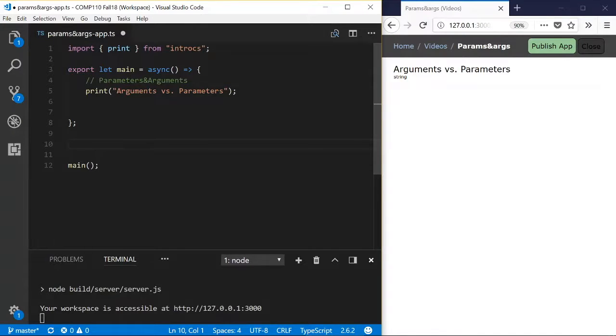Hey everyone, so today we're going to talk a little bit about the difference between arguments and parameters. To do this, we're going to use a function that gives us the sum of two numbers. We're going to create our function by using the let keyword, and we're going to say let function name, our function is going to be called sum, equals, and so now we have these parentheses,